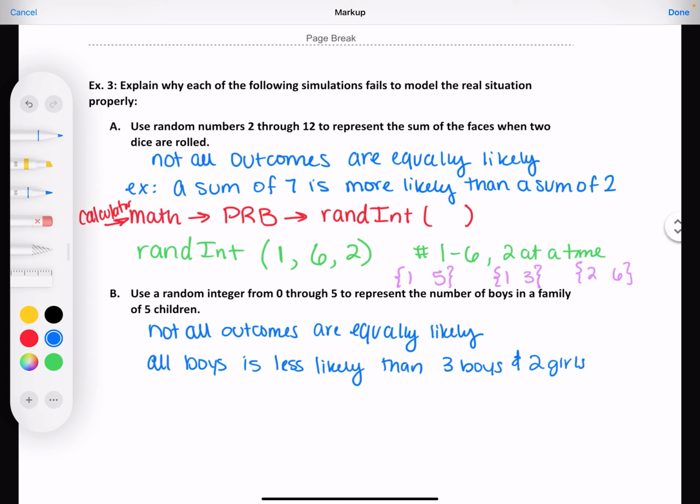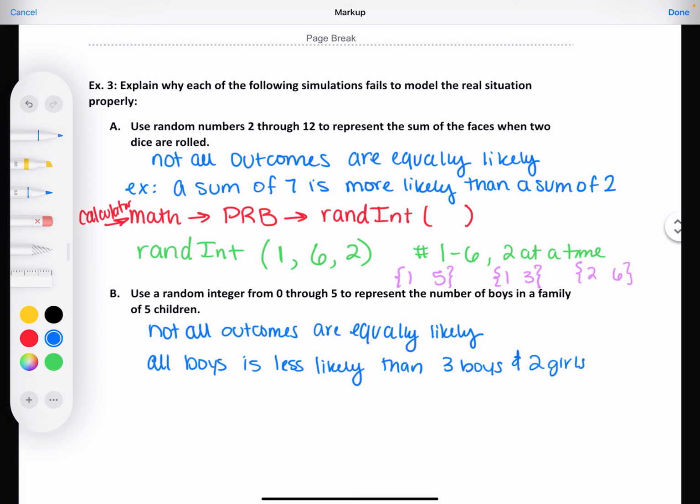Because obviously every time there's a 50-50 chance. But there are families. I know a family of 5 that is all girls. I know a family of 6 that is all girls. I know a family that had 5 girls at one time. So it can happen, okay?